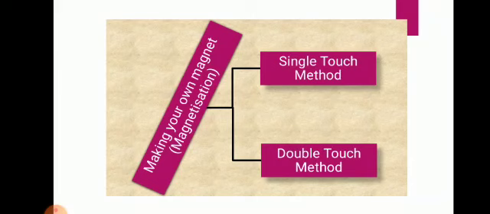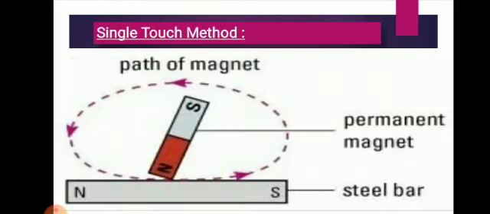And a magnetic material can be magnetized by either of the following methods: single touch method or double touch method. For the single touch method, you will need one iron bar or steel bar, a bar magnet, and a wooden board. Now what do you have to do? Take the magnetic material, the iron or steel bar which has to be magnetized, and place it on the wooden board. Hold the bar magnet and touch one of its poles to one end of the iron bar. See, the diagram shows it.